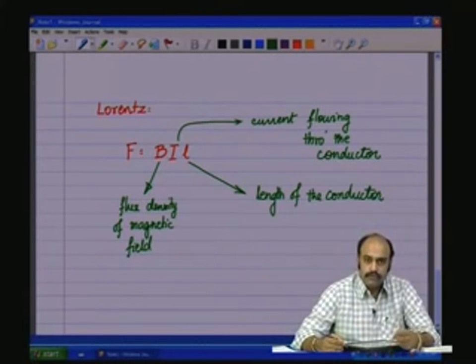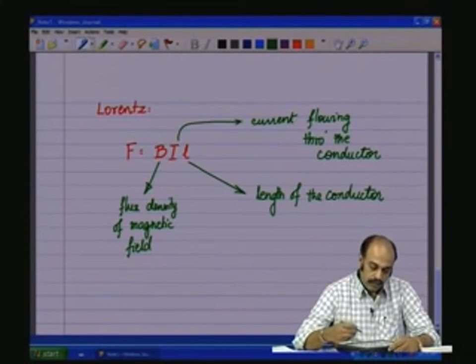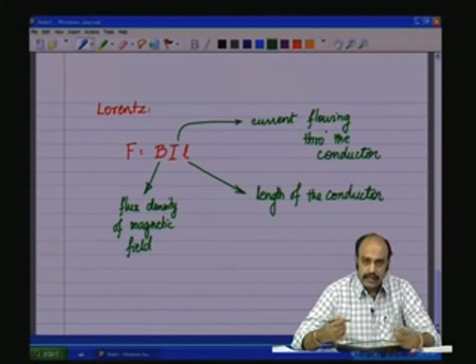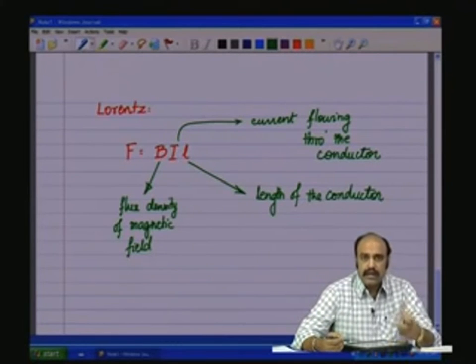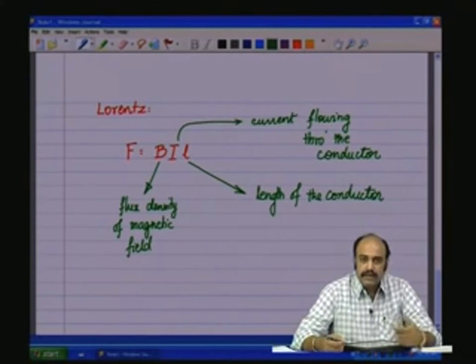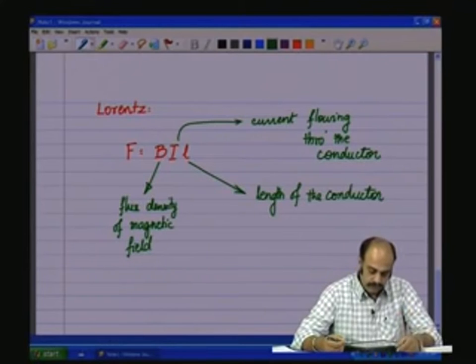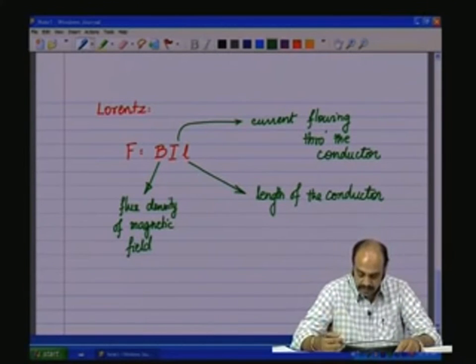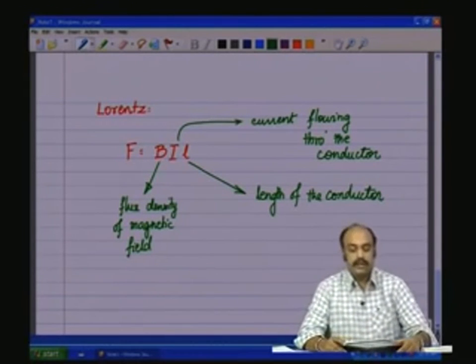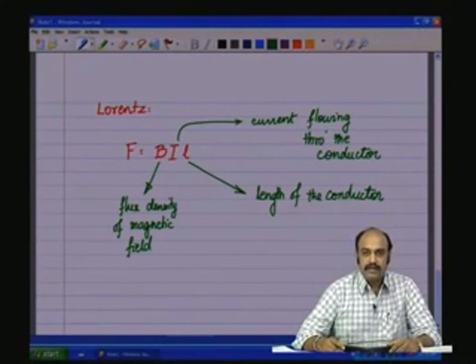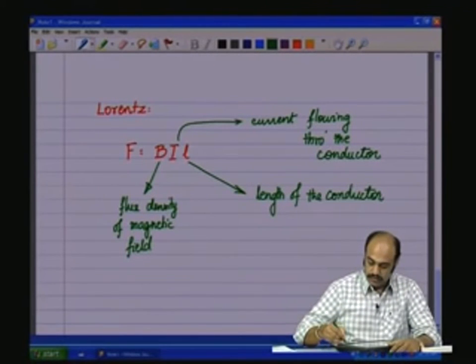So, this gives the force in newtons on a conductor which is placed in a magnetic field B, of length L, carrying a current I through it. So, the direction of the force, as I said, you use the right hand rule to find out the direction